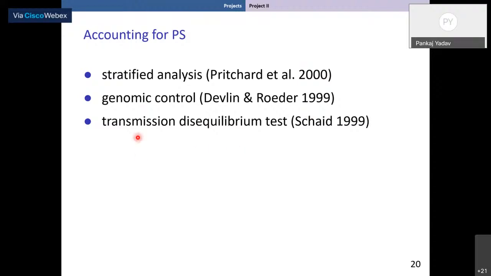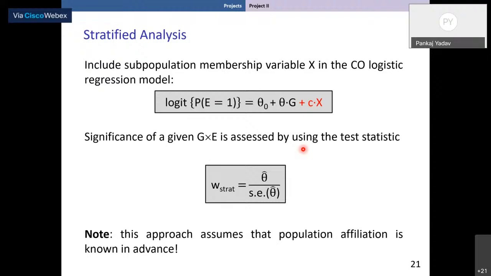And then there was also the transmission disequilibrium test, TDT as it is popularly known, that was also proposed along the same year. But that has not been used. We don't know whether it works or not for the case-only design. It has been proposed in the context of other study designs, for example TDT is proposed for trios study design. So what I did is I looked at different ways of accounting for the stratification in the paradigm of case-only design,